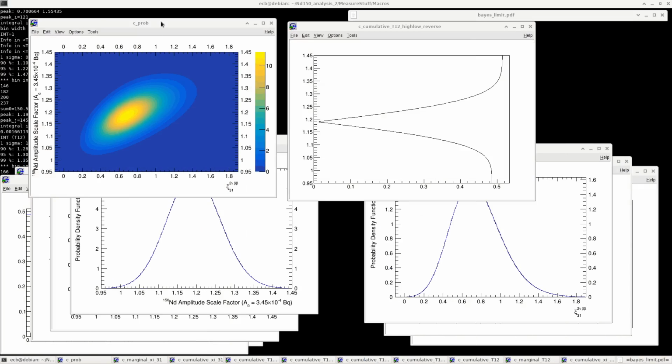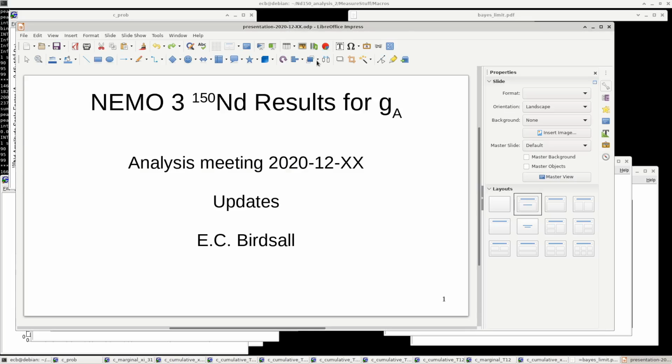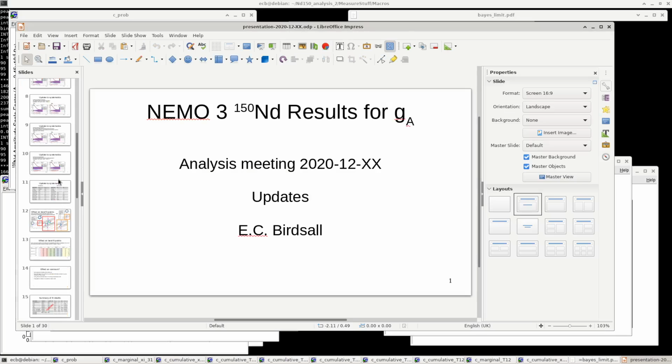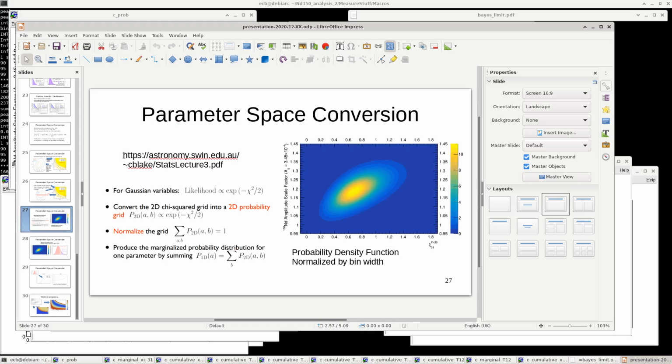So we have converted this into a probability space, and I should have brought this up before, but it's also in my presentation, I believe. It would be good to show the method used to do this. I'll find it from my previous presentation, I think. So I think it should be in this one. Yes. Okay, so taken from this